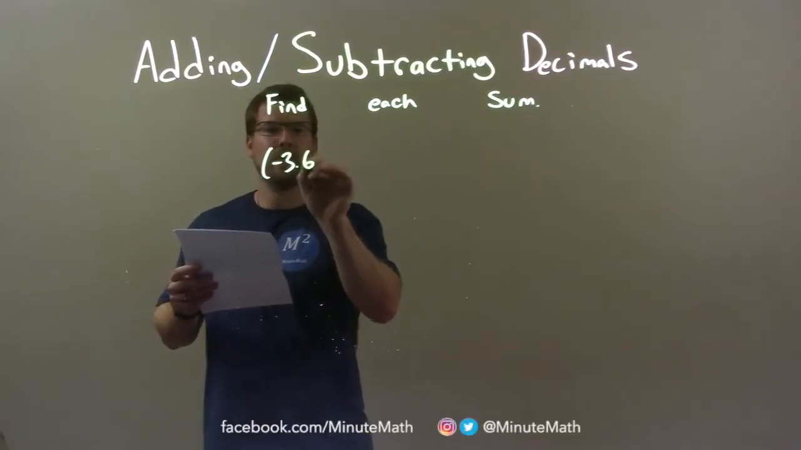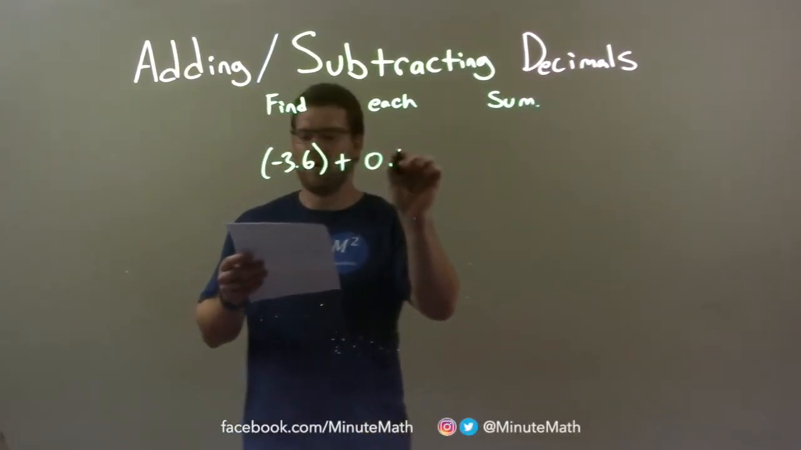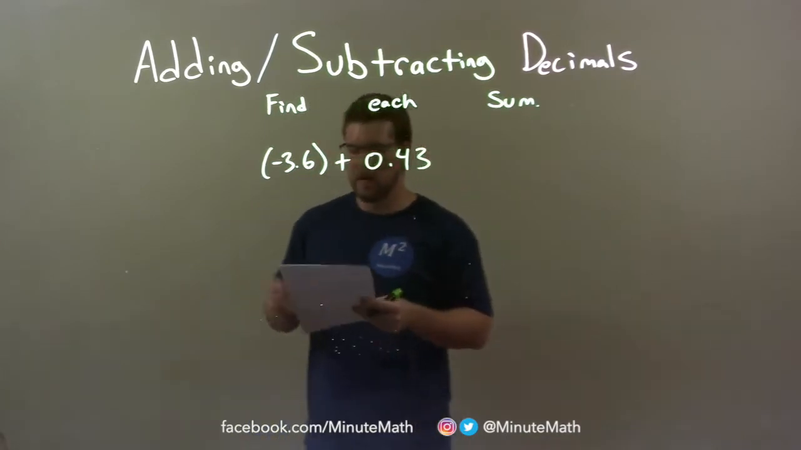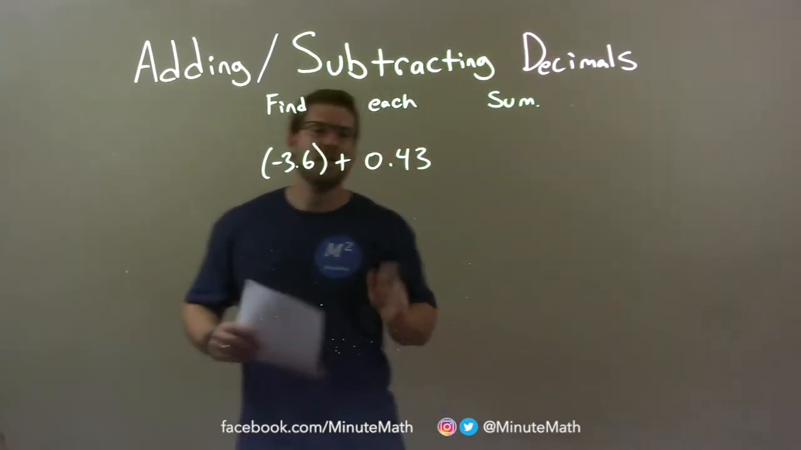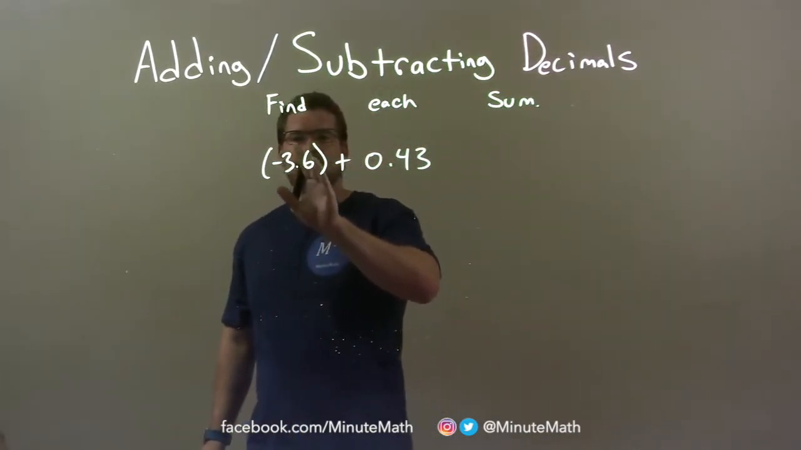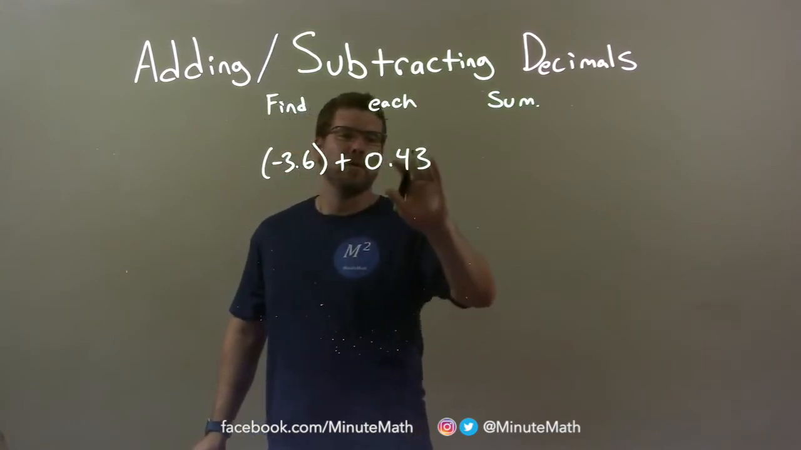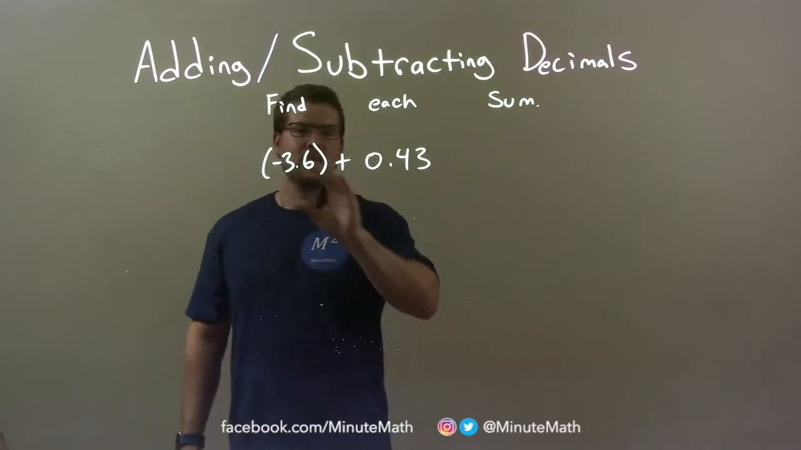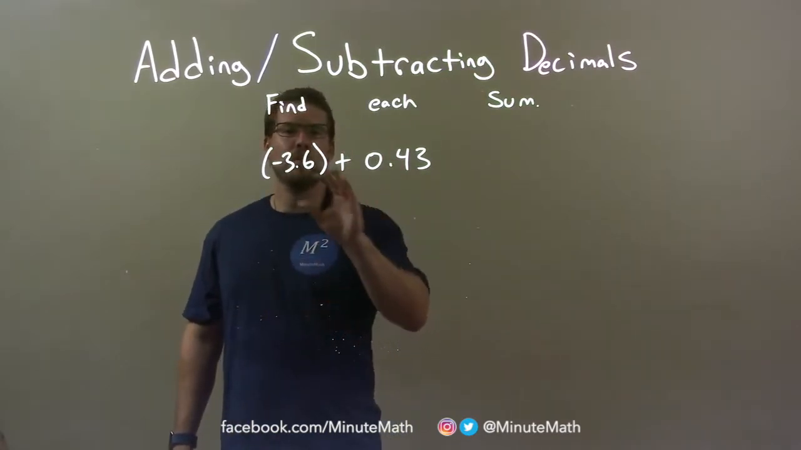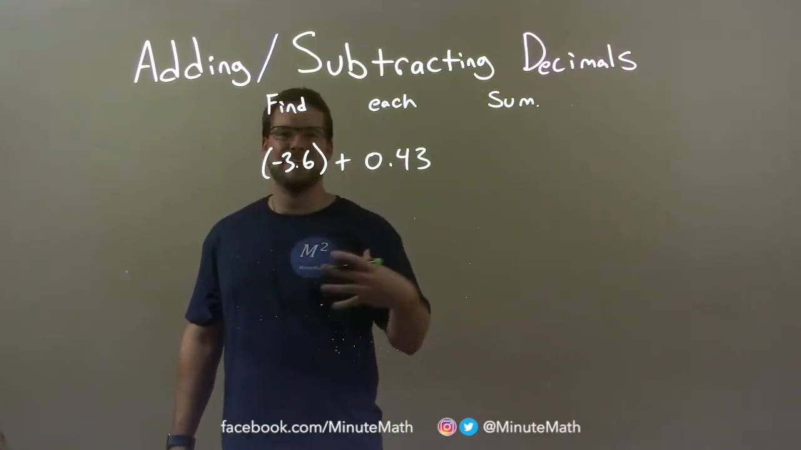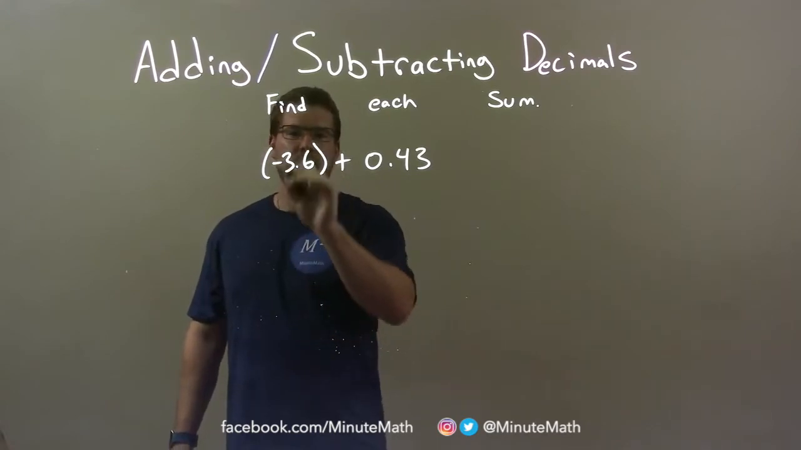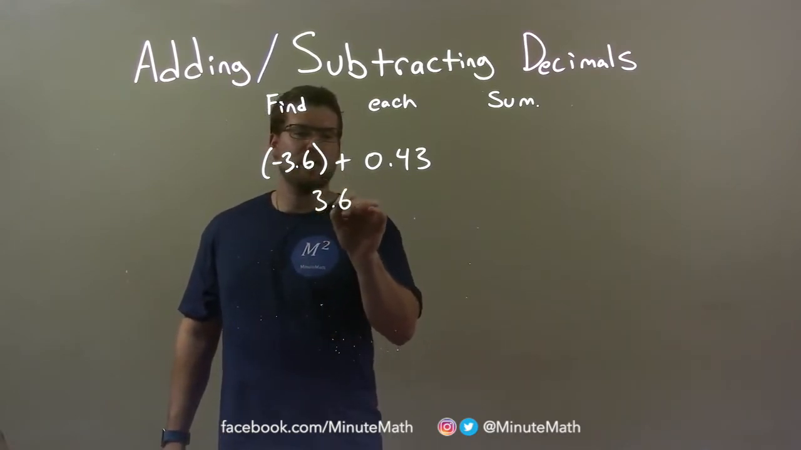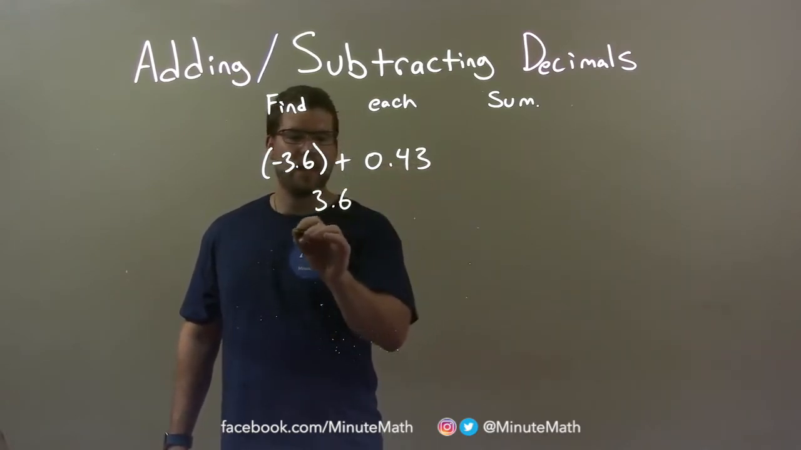Negative 3.6 plus 0.43. Alright, so when I add these together, this number is more negative than this one is positive, right? So what we want to do is find the difference between these two, but we know since this one's more negative, our final answer is going to be negative. So this is the larger number, so 3.6, and I'm going to subtract, find the difference here,